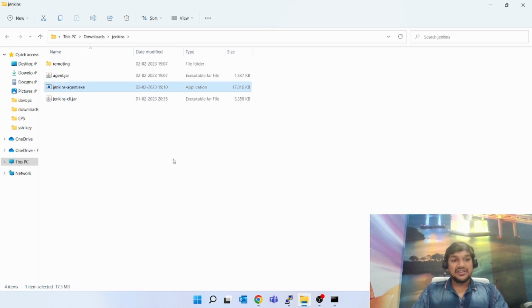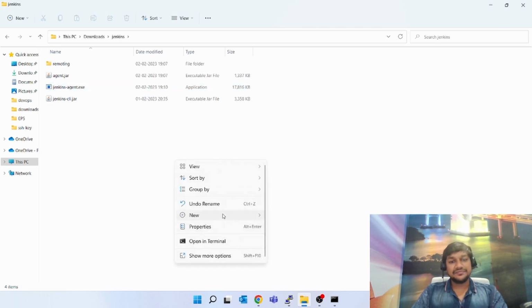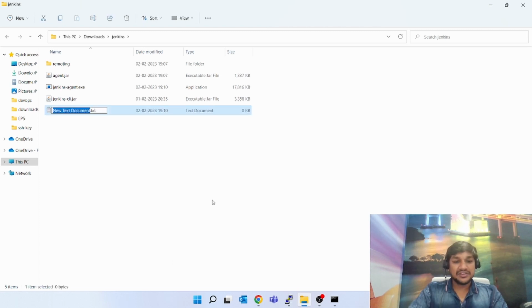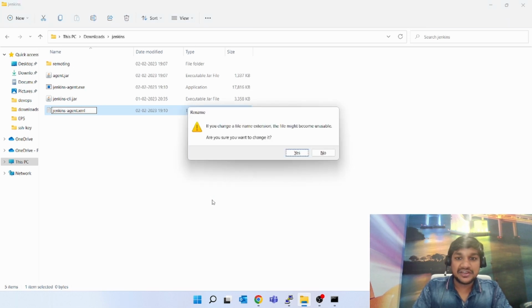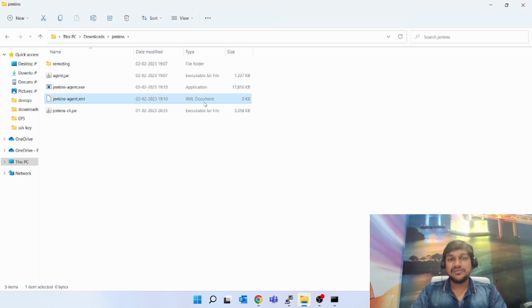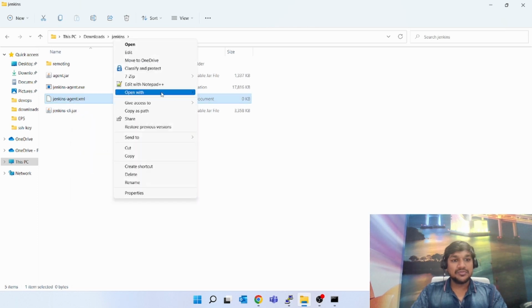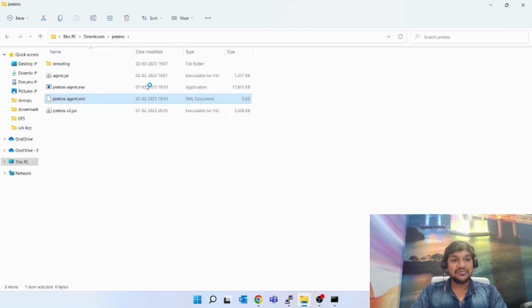Okay, create one XML file, text document, and give it the name Jenkins-agent.xml, deleting the .txt. It should get converted into an XML document. Now right click on this